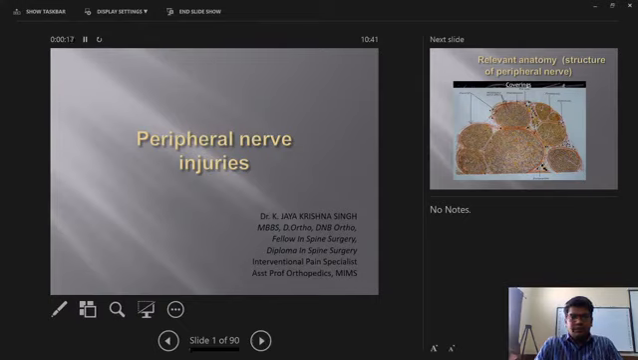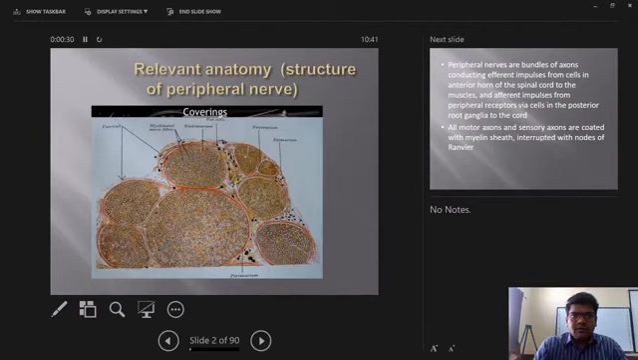So good morning everybody. Today we are going to discuss peripheral nerve injuries. Peripheral nerve injuries. Coming to anatomy,